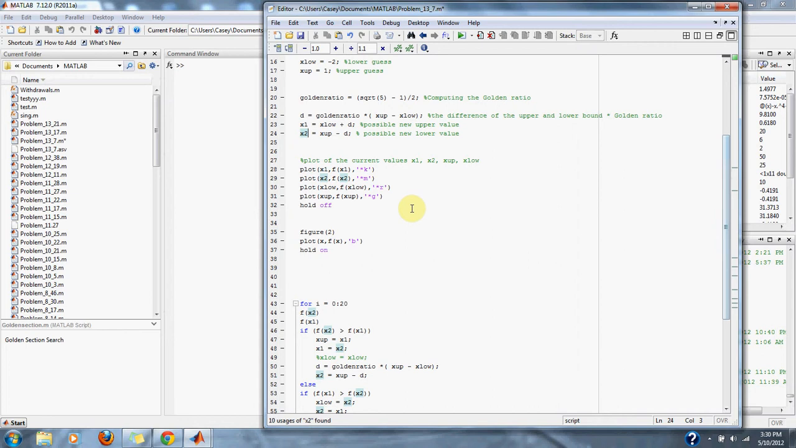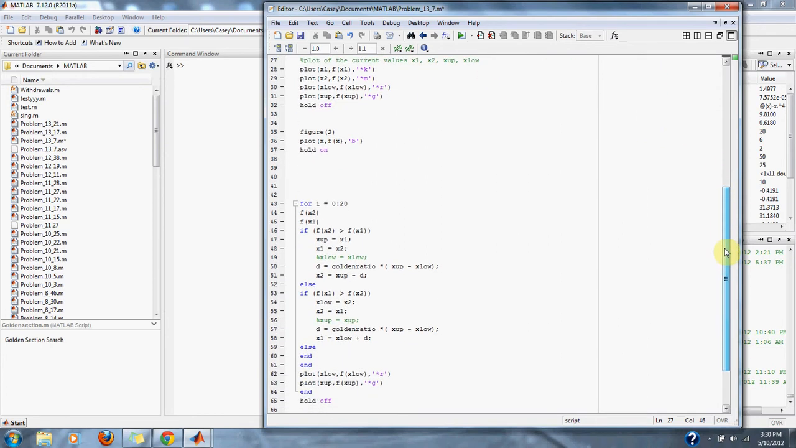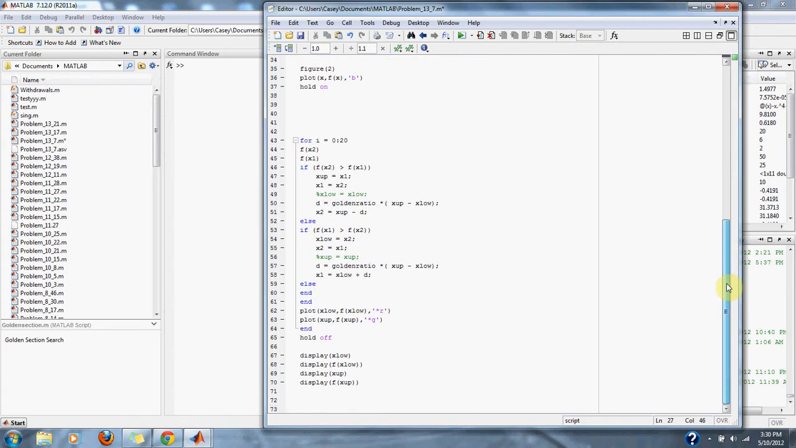Down here we plot our separate values of x1, x2, x upper, and x lower in different colors for our first figure. And then for our second figure, we'll show the actual approximation after our golden ratio search has been used and gone for 20 iterations. So we use our golden ratio search and then update it